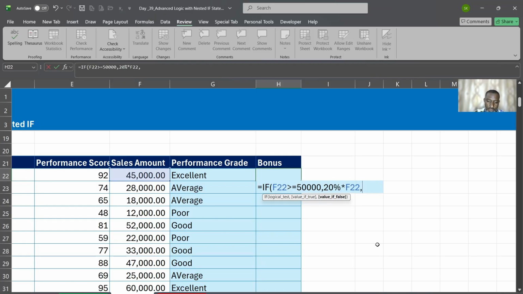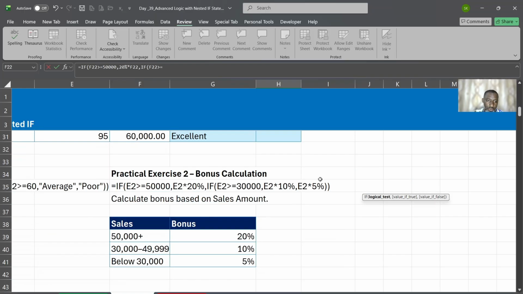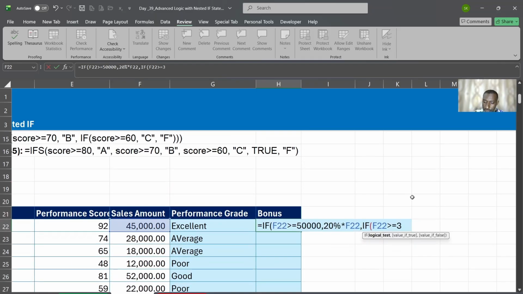The next one is that if the same sales that we are evaluating is also greater than or equal to, and the figure we are trying to look at is 30,000. If it's greater than or equal to 30,000, that's 1, 2, you give 10%. So 10% will be multiplying by the same sales figure, and then otherwise,